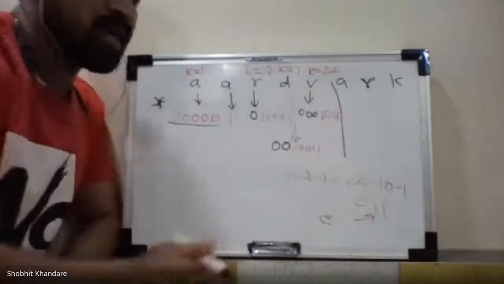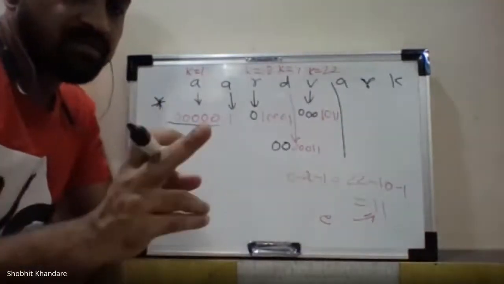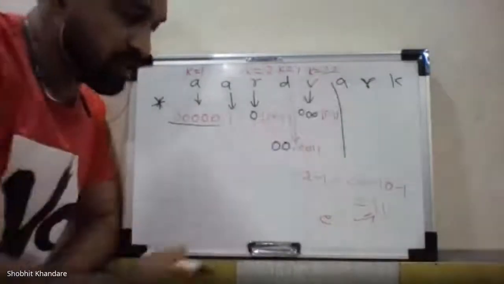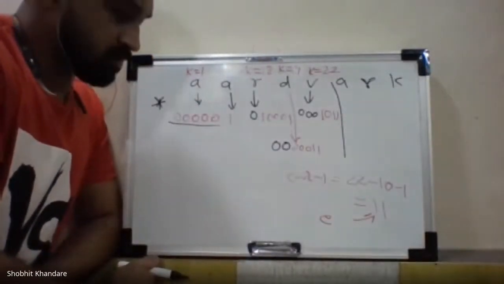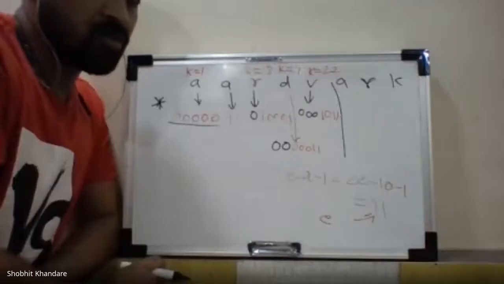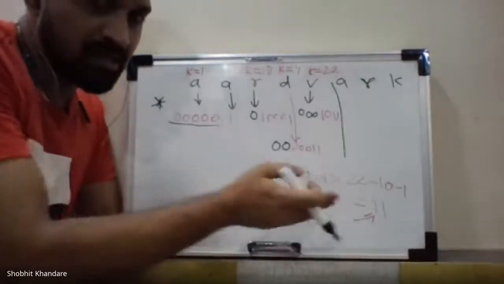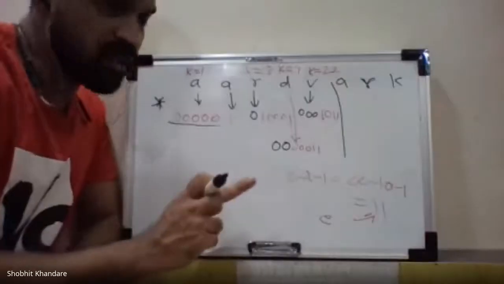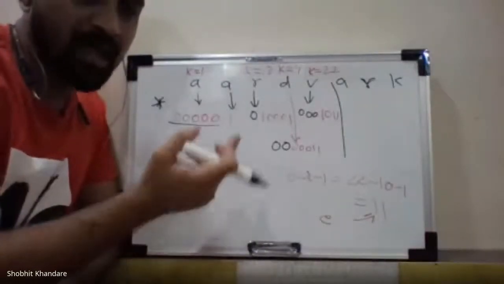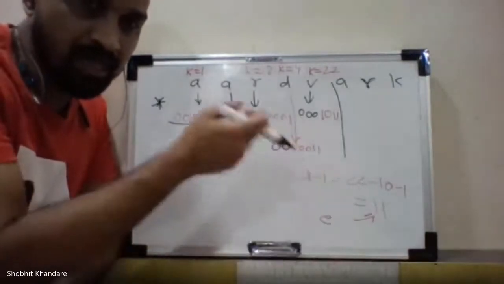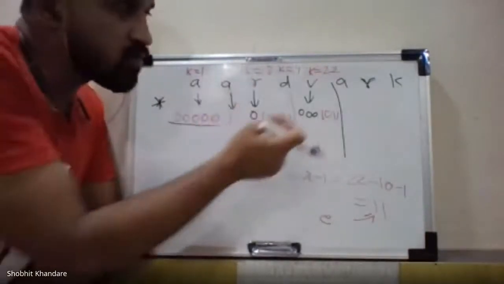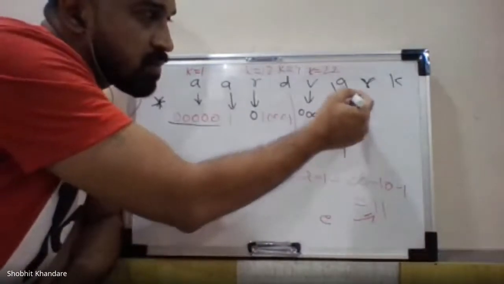अब a का कोड क्या है? Refer to the updated tree. Yes, what is the code for a? Zero. How come 0? Your a is on the right hand side. 1. Yes, it is 1. 0 कैसे आएगा? आपका जो a है, you start from the root, you will see a is on the right hand side, and for the right hand side the code is 1. So for a the code is 1.